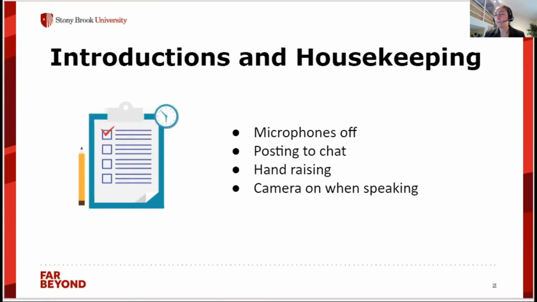Please keep your microphones off, but if you would like to speak, please raise your hand and we'll call on people. You could definitely post to the chat, and then you can put on your camera when you're speaking. Obviously, I know that it's difficult to have a lot of people's cameras on at once, especially with so many people on the call. We just want to have a disclaimer right up front that we are not the experts